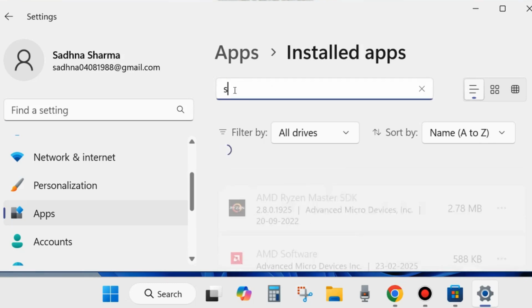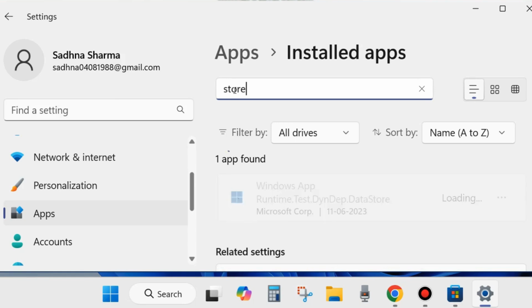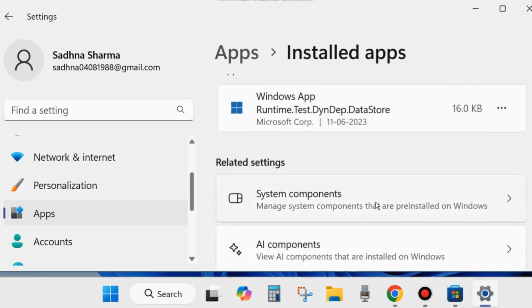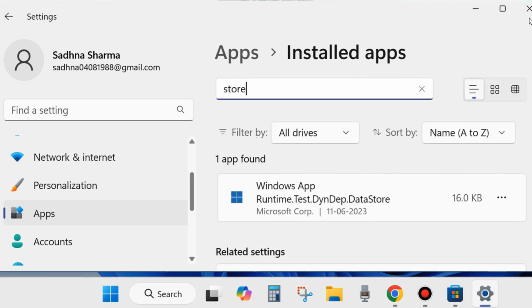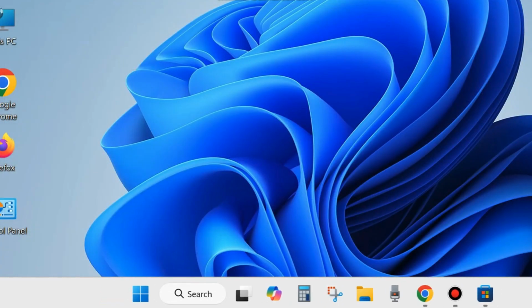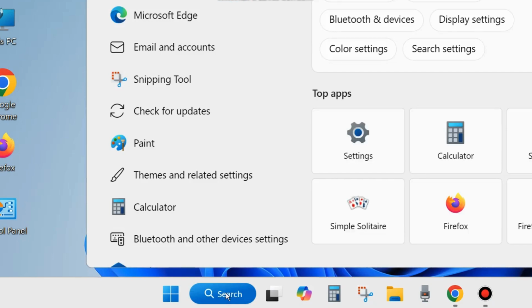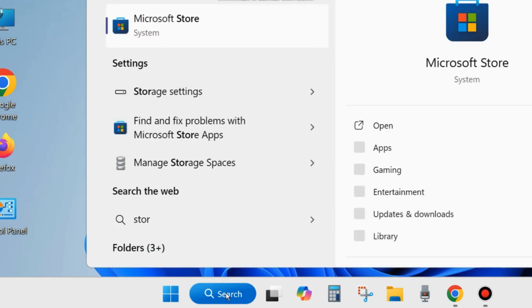It may not be available here, so close the windows and simply go to Windows search and type store. Open it,